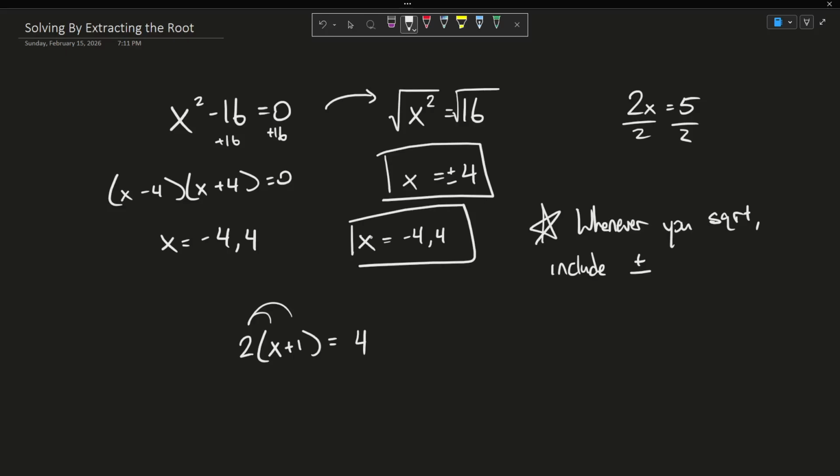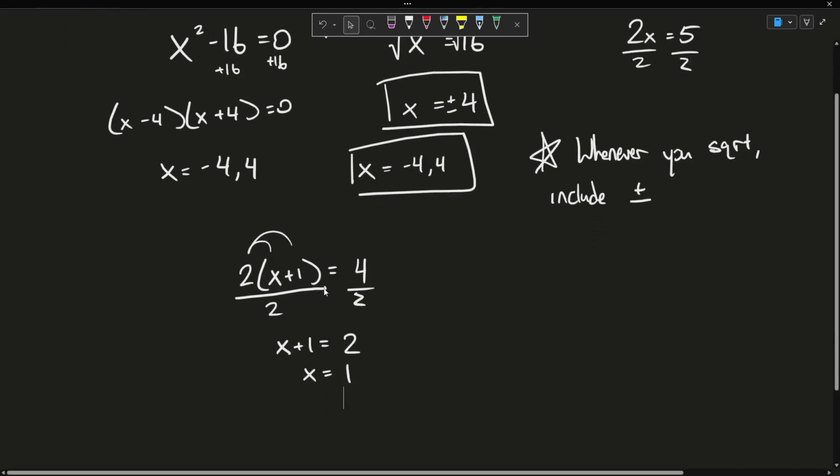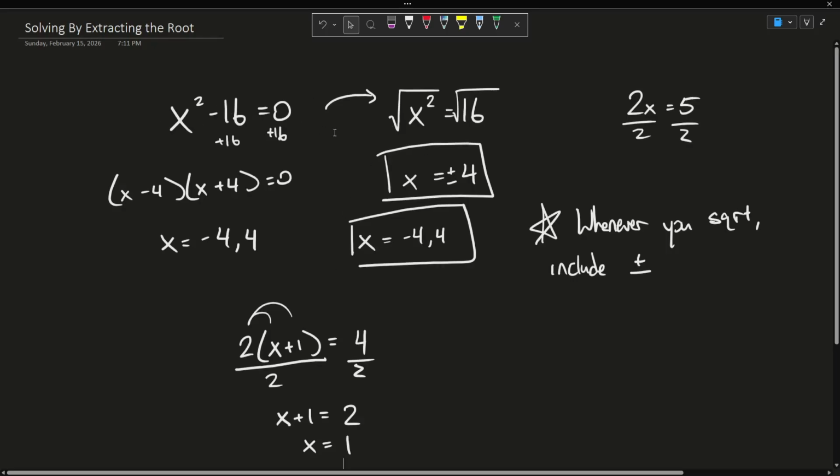But that is an extra step. We want to be efficient with our time, efficient with the steps we take. So we learned that we could divide both sides by 2. x plus 1 equals 2, to get x equals 1. This works. So in the same way, with square rooting,